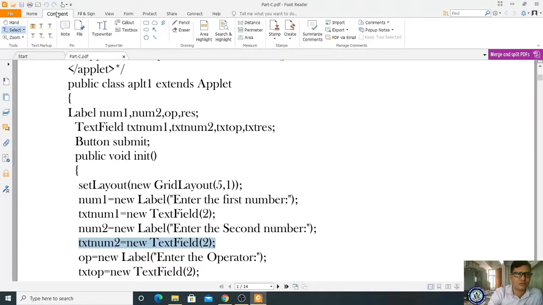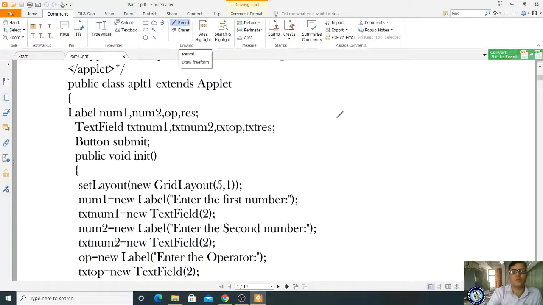Just a minute, I will try to check. Okay, this here pencil is there. Let me take.